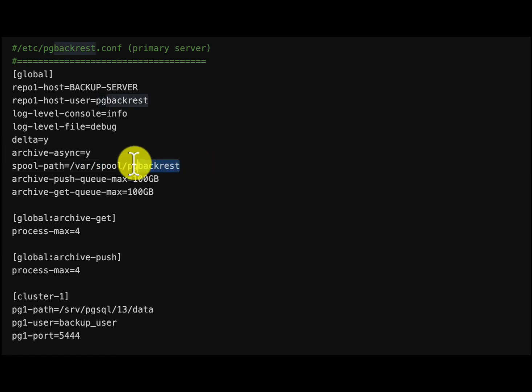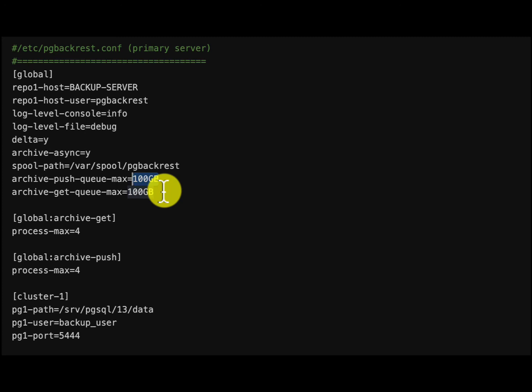This is just a temporary location. The WAL files will not be moved to this location. Instead, it will write some metadata information which is necessary for the asynchronous archive process. And also to protect the WAL volume from getting filled, you need to add archive-push-queue-max, say 100 GB, or whatever limit is available in your pg_wal volume.